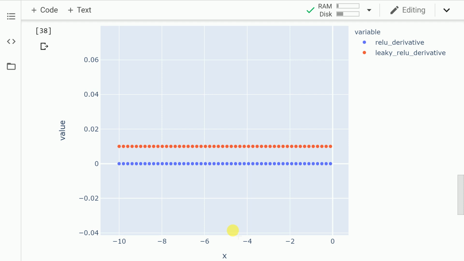As you can clearly see, the derivative of ReLU is basically 0. So essentially this is the major cause of the dying ReLU problem. This is overcome by adding that small constant term that we multiplied in the negative direction. So it keeps the slope above 0. Although it is a very small value, it still prevents the node from entering the dying ReLU state. So this is why leaky ReLU is advantageous when you want to avoid the dying ReLU problem.